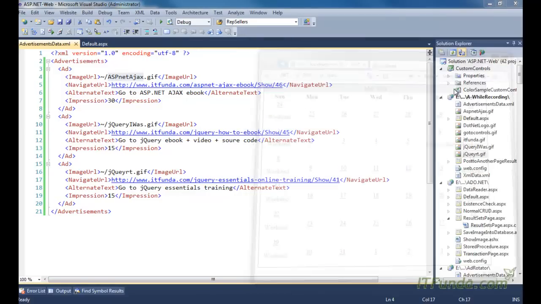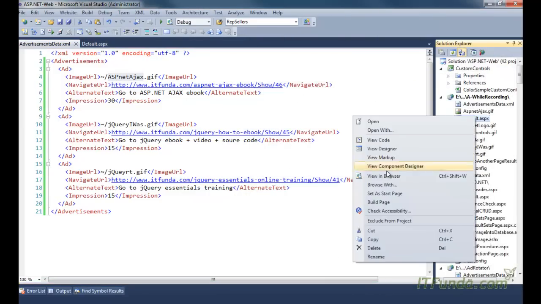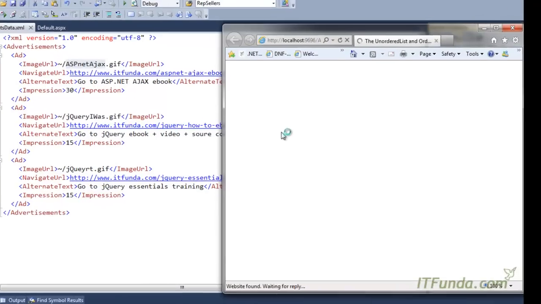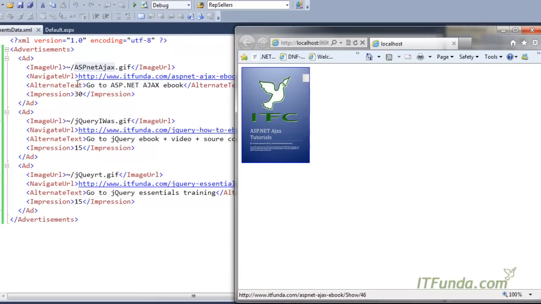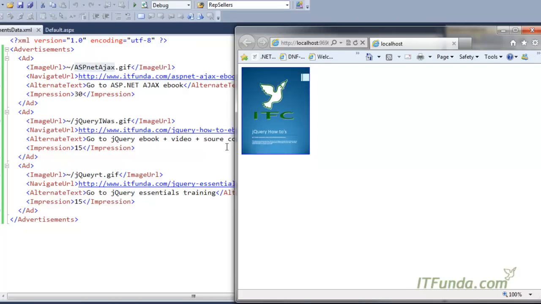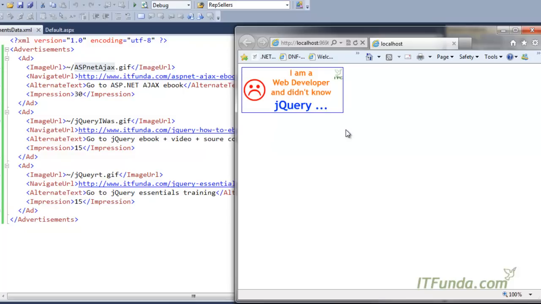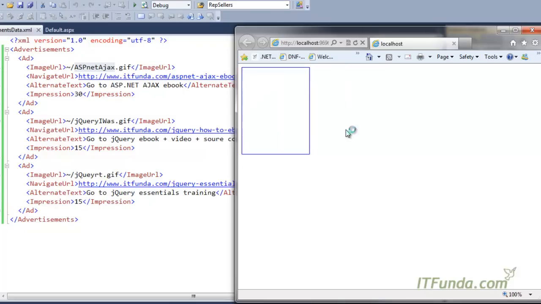So let me close the existing browser, and I'm going to run this page, and you will see the ASP.NET Ajax tutorial, this is the first one, because its impression is high, so naturally its probability to come on the page is more. Now you can see that as I'm refreshing, different ads are displayed.